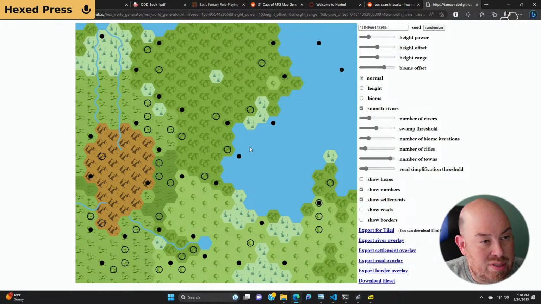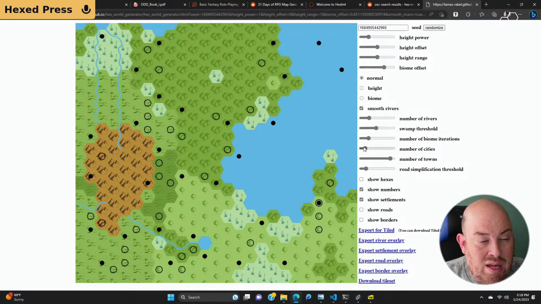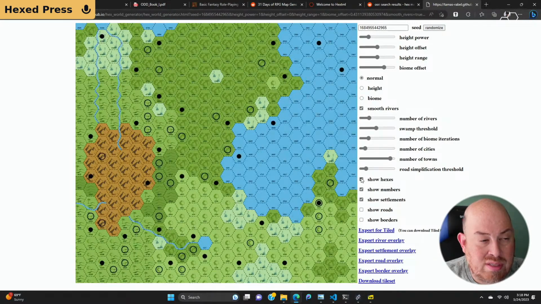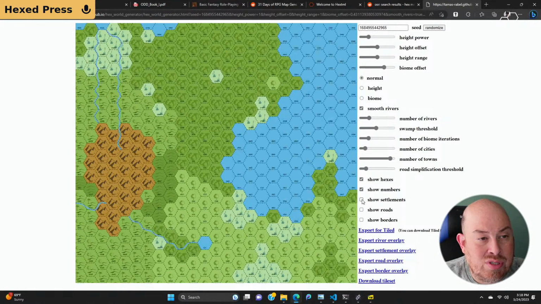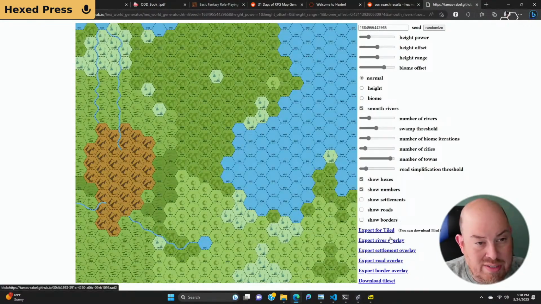Oh, look at these. They put some in the water. There must be some interesting little islands out here. But I can't tell what that means. Let's show hexes. Oh, okay, cool. Yeah, show the numbers. Or, of course, we could do that and then figure out our settlements for ourselves. And I guess we can have all of them because we can keep these overlays. So let me...